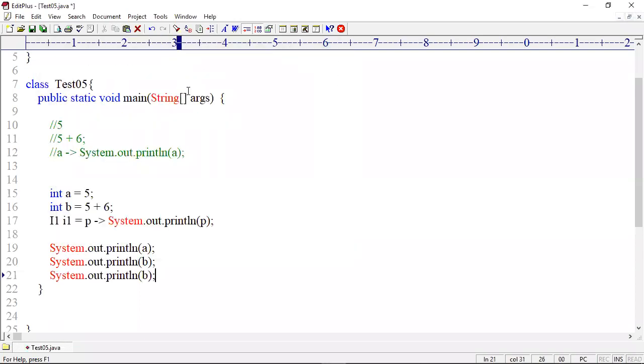If I display I1, what is displayed? A value 5, B value 11, I1 value... what is I1 value?